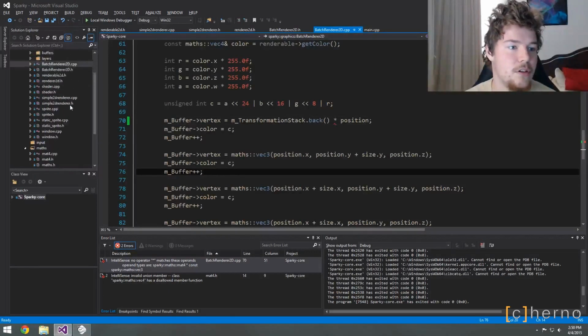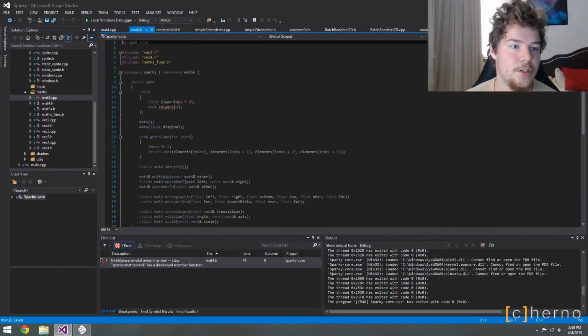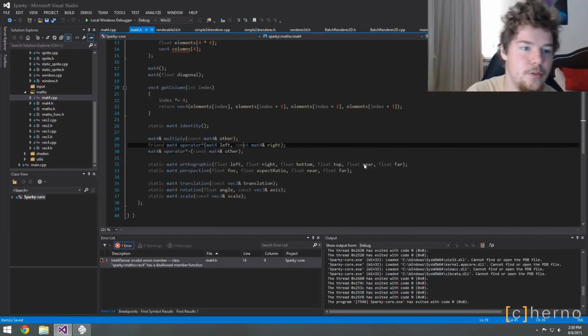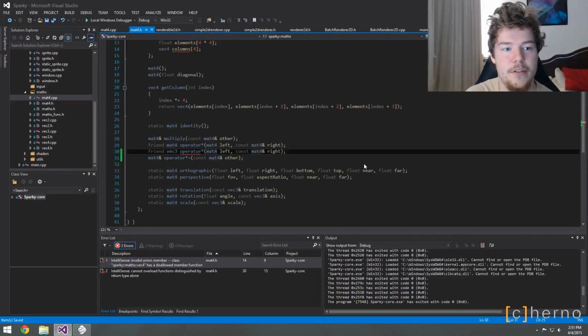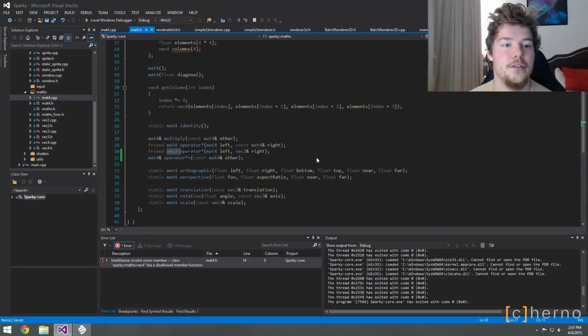So if we go into mat4, because we need to include this stuff in our mat4, what we want to do is add, and you can call this whatever you want, I'm just going to make it a multiplication operator, which returns a vec3. So it's going to be a vec3 operator multiplication, which will take in a mat4 and a vec3. Let's change this around a little bit, because right now it's taking in a mat4. It's going to return,